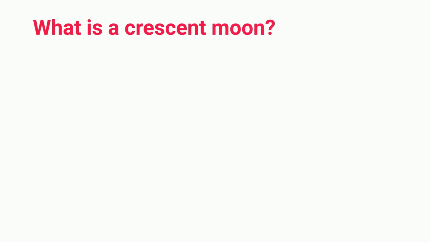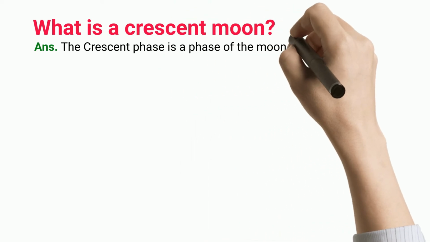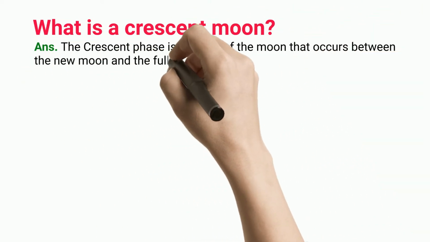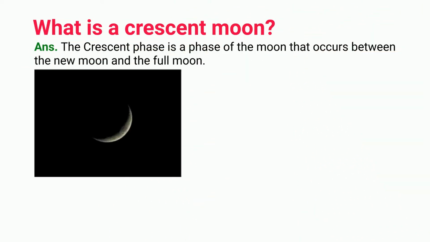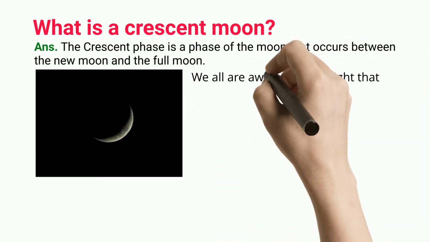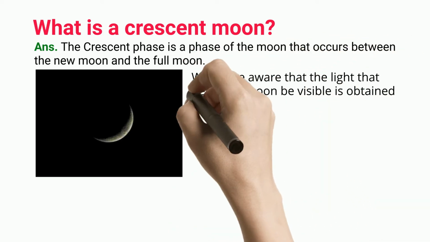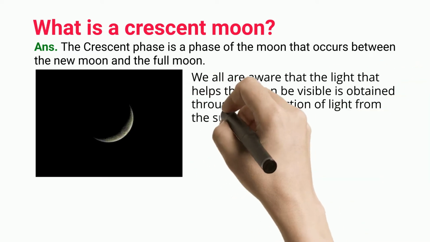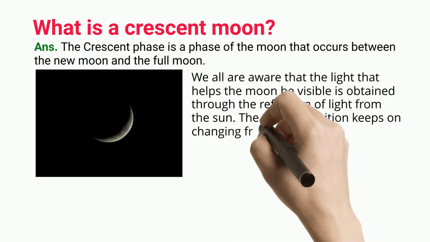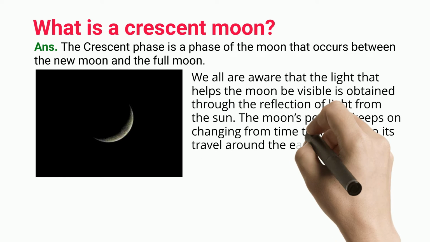What is a crescent moon? The crescent phase is a phase of the moon that occurs between the new moon and the full moon. We all are aware that the light that helps the moon be visible is obtained through the reflection of light from the sun. The moon's position keeps on changing from time to time due to its travel around the Earth,